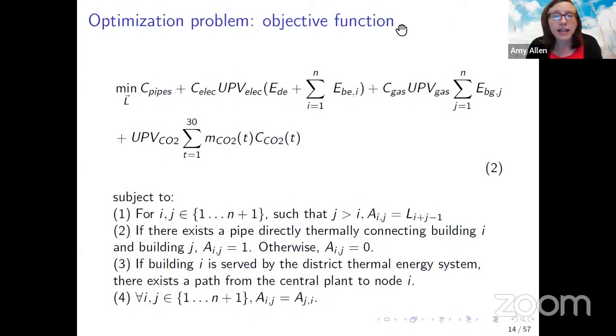Here is specifically the objective function that I considered in the context of this problem. And I'll note that this overall framework is generally extensible to other objective functions using energy consumption, energy cost, or carbon emissions as inputs. In this case, I considered a life cycle cost metric, including the infrastructure cost associated with the thermal network itself, energy cost for HVAC for buildings served by independent systems or served by the district energy system,